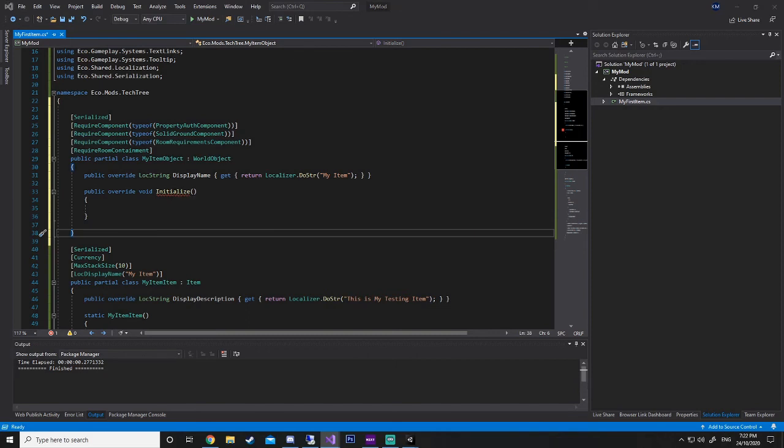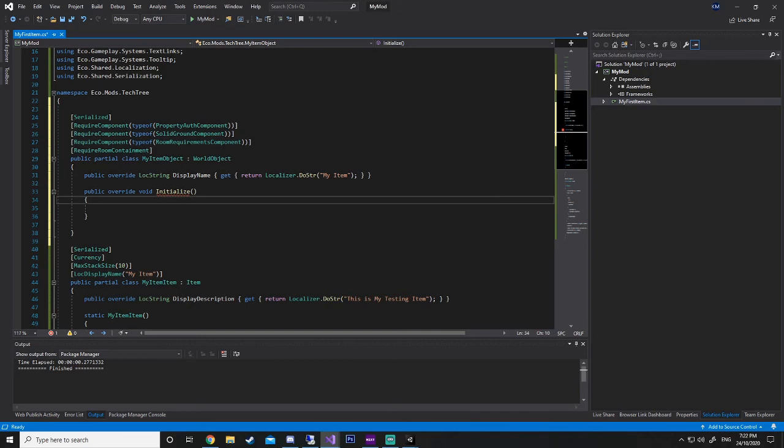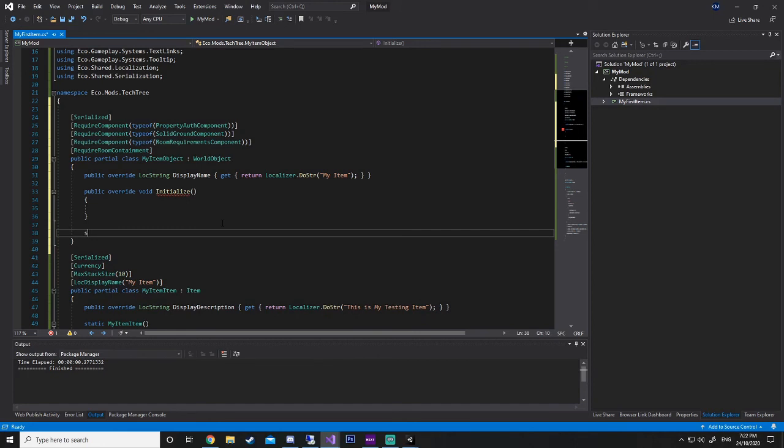I hope I spelled that correctly. Don't worry about this little error, we'll worry about that later. It'll fix itself up as we go through our code. So now we're going to do another static, and that'll be my item object this time.